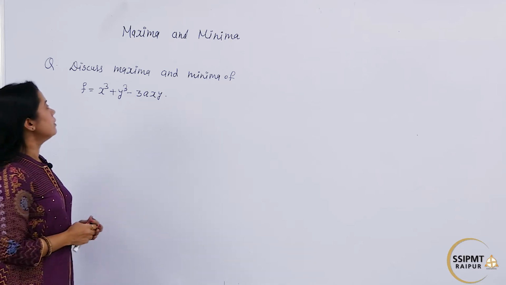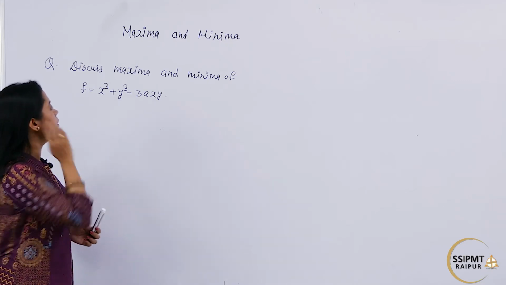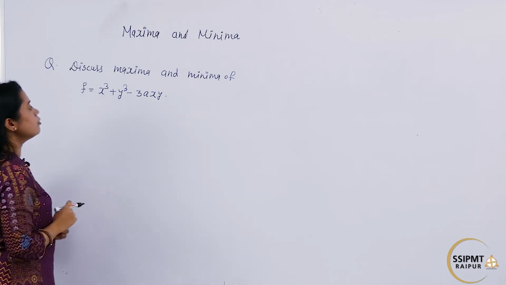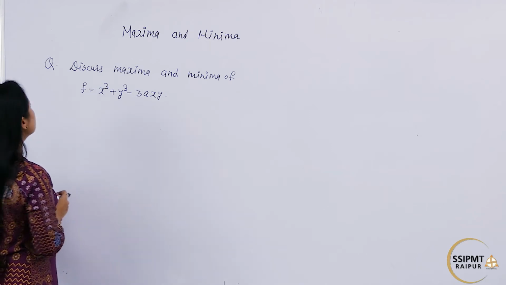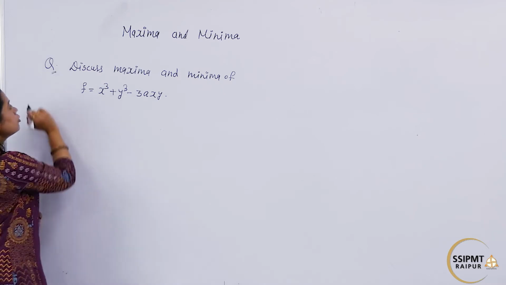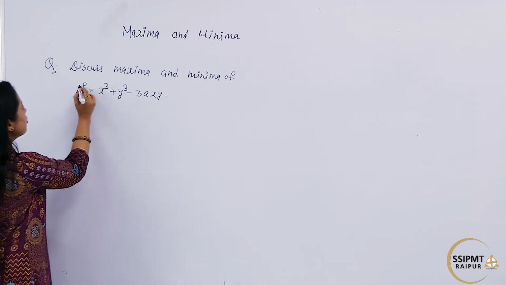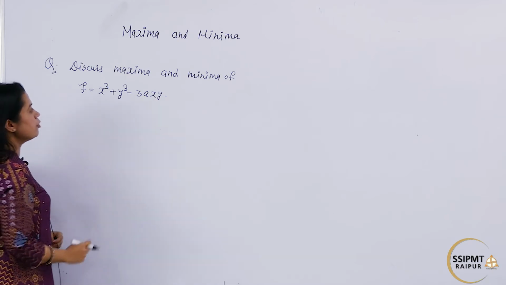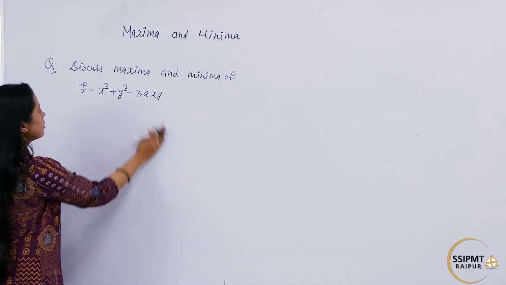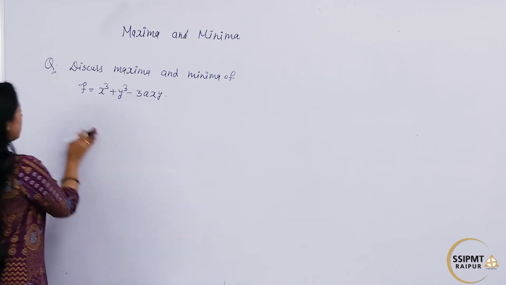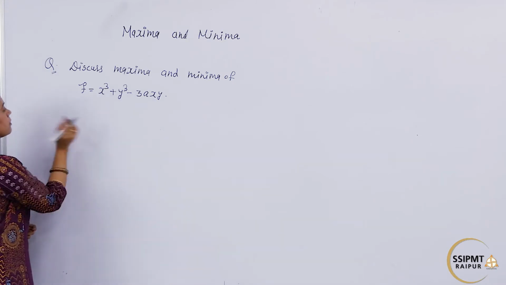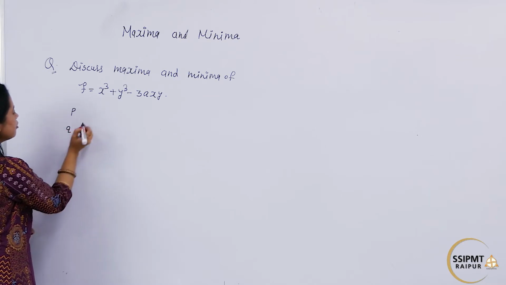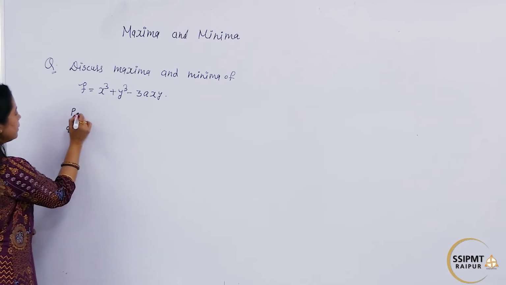Hi everyone, in this video lecture we will solve one more example of maxima and minima of a function of two variables. So here we have a question to discuss maxima and minima of the function f, which is equal to x cube plus y cube minus 3axy. I have already explained the steps. So first, we have to find some partial derivatives, and they are p,